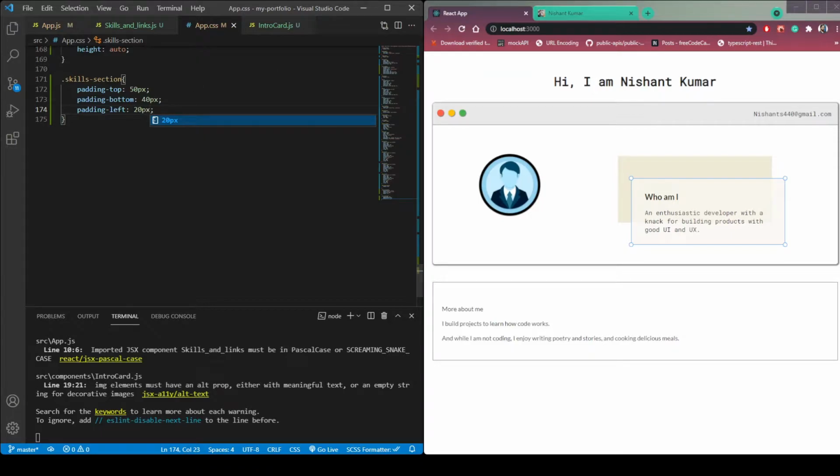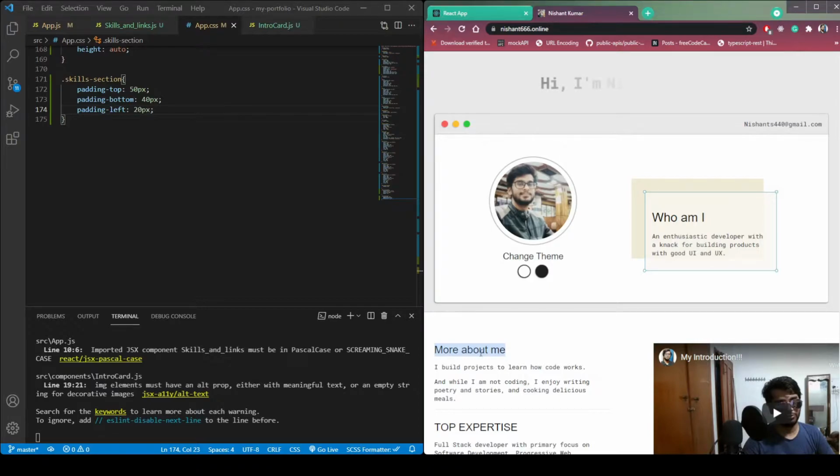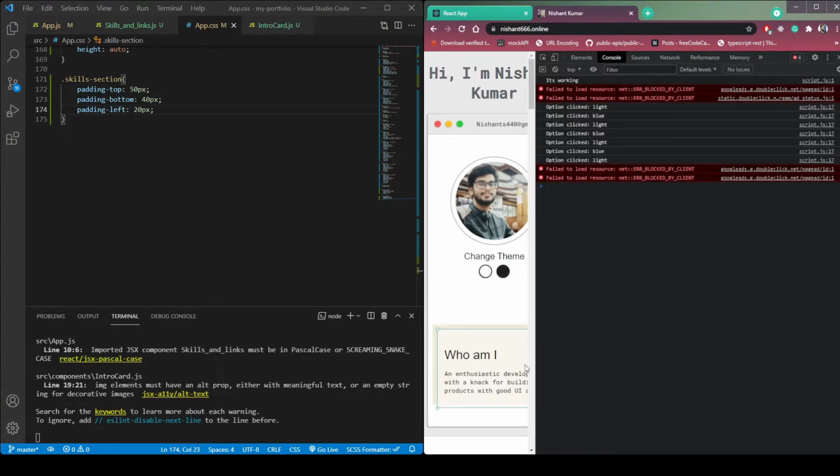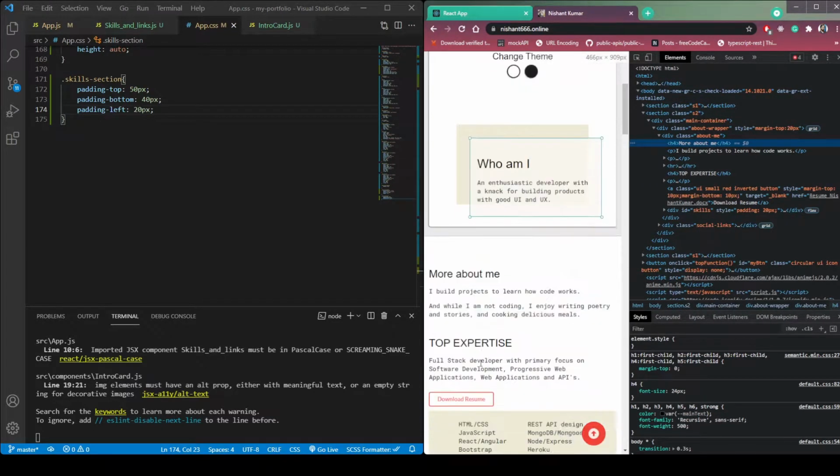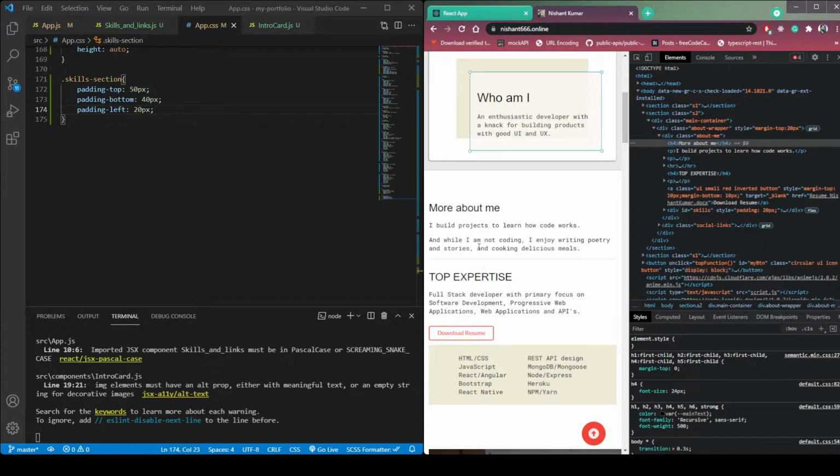And now we need to change this font sizes and font families. So this more about me is, let's check this font. Inspect it. The font size is 24px.